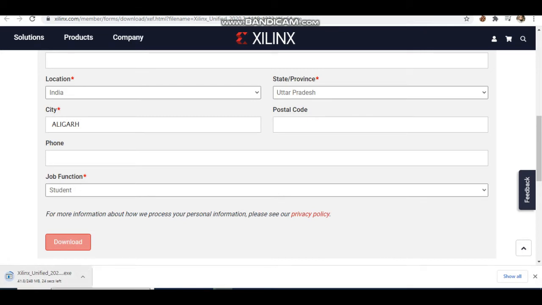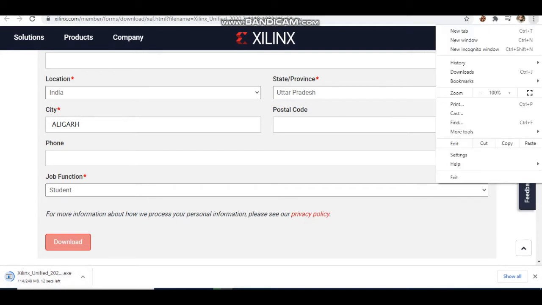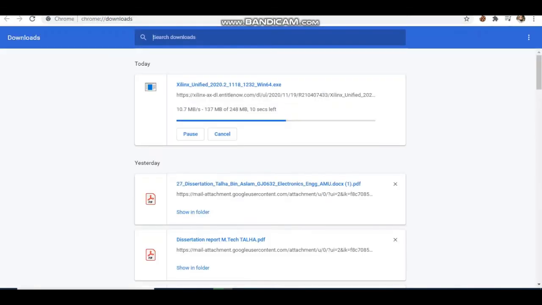As you can see, it will take some 20 seconds for my download to be completed. I need to go to the download section and wait for my file to get downloaded. As soon as this file gets downloaded, we have to extract it. So my download is complete now.